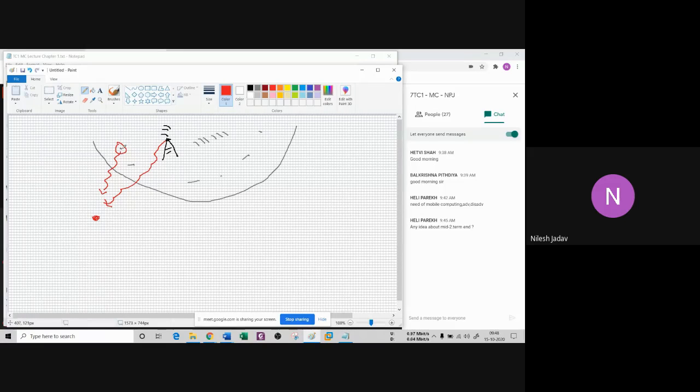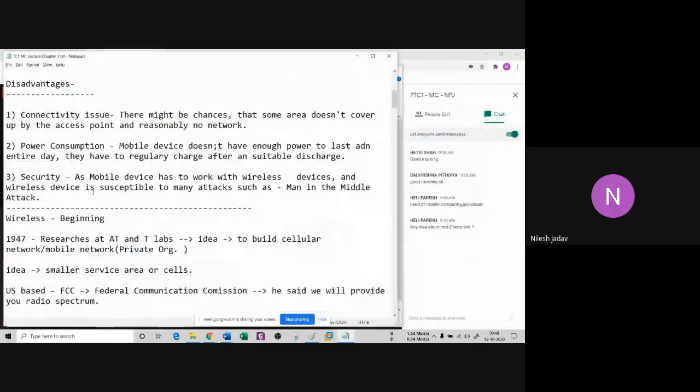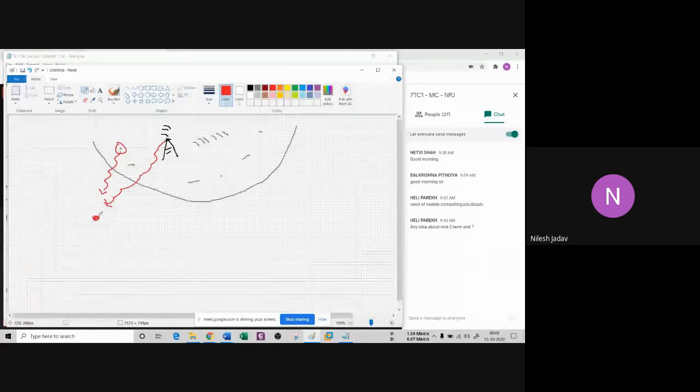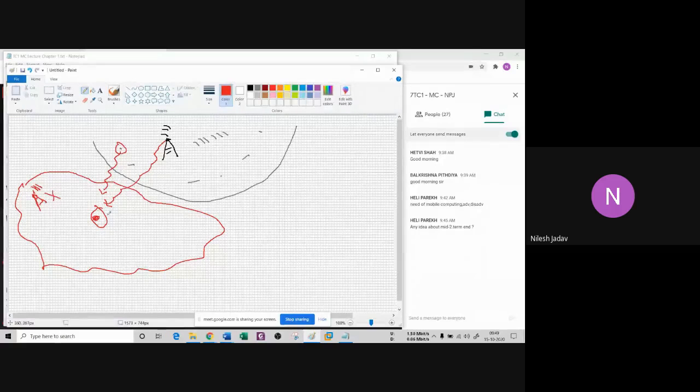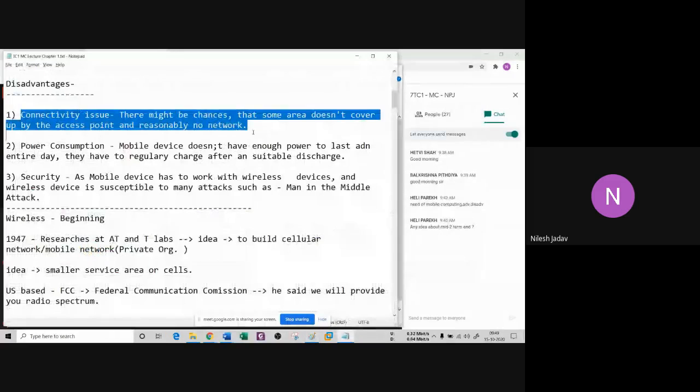This is because we have something called RSSI, the radio signal strength indicator, which is not that high, I mean, for commercial use. So the connectivity issue is going to be a problem, where some areas are not covered by the access point and so there is no network. If a person is sitting over here, in the surroundings of this so-called area, and there is no access point available, then this person is completely vulnerable to not getting any service, not getting any network, right? So this is the problem. This is the one disadvantage.